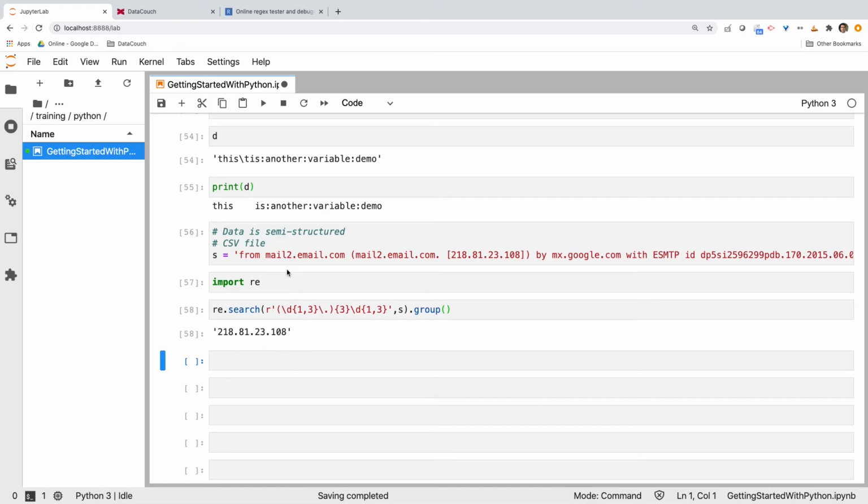Hope you got the idea: how do we work with semi-structured data, how do we write expressions? First of all, we test the regular expression on the regular expression tester, and after that we apply it in the code. Similarly, you can apply this rich language of regular expressions to solve problems related to the cases I talked about, where the delimiter is part of the data. Let's say you have a comments field, and a comma is part of the comments field, and comma is also the delimiter. When the delimiter becomes part of the data itself, it is challenging, but you can solve this challenge by writing such regular expressions.